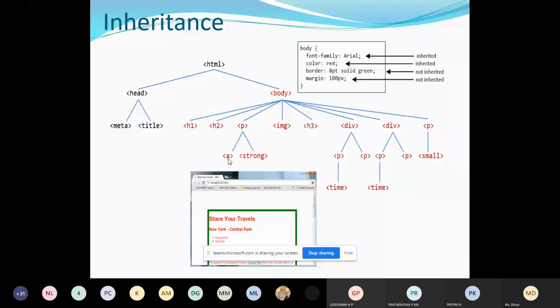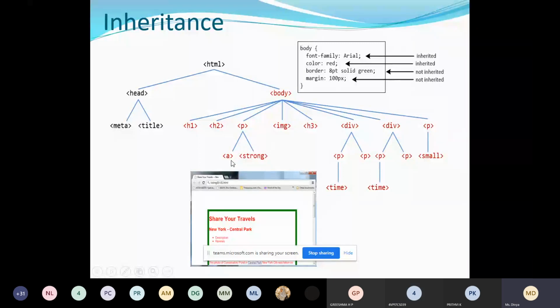Puja. Why is the A tag used? Puja, are you there? Ma'am. Okay. Why is the A tag used? To link from one point to another. To add a hyperlink, we use the A tag.